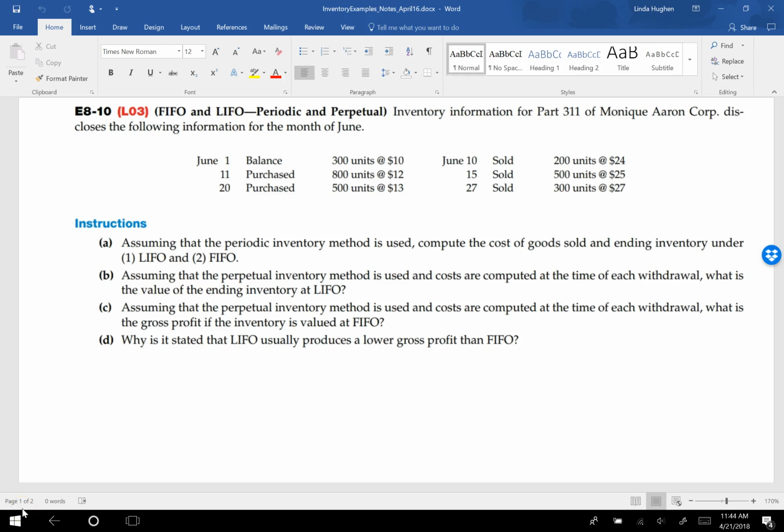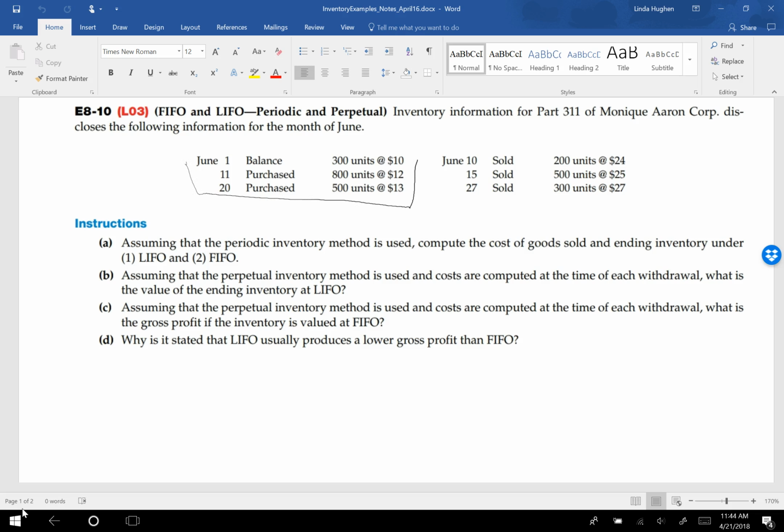In this video, I'm going to walk through example 8-10. This is from the handout that I gave in class but did not complete in class. So I'll work through it right now. As we see, we're given information for a certain inventory part for the company Monique Aaron, and we're given here